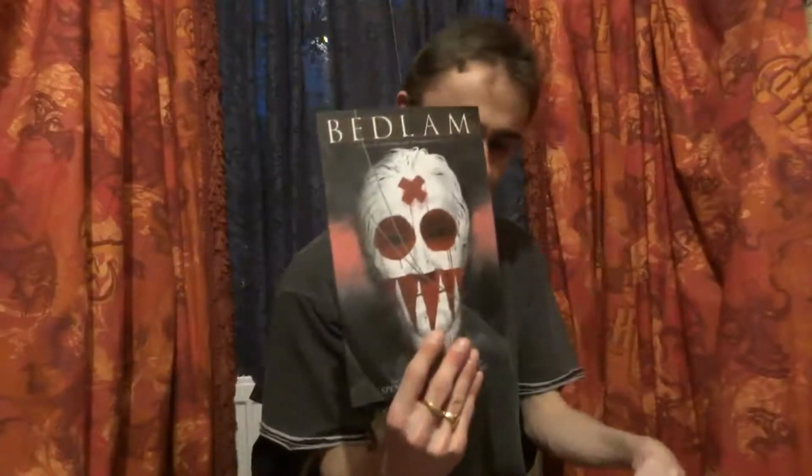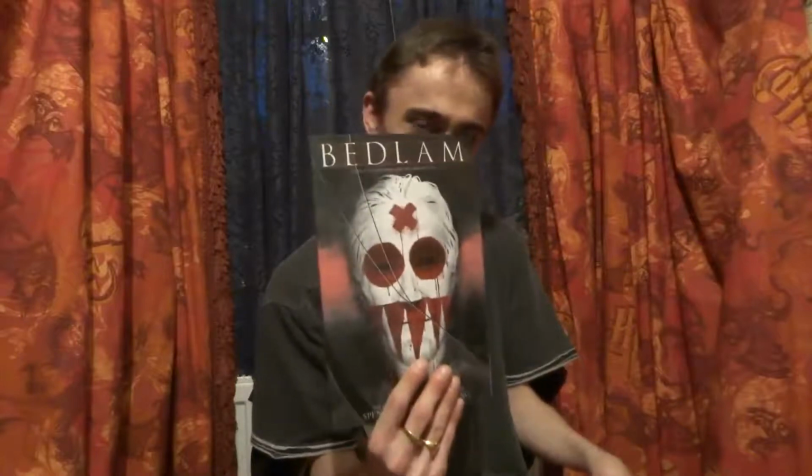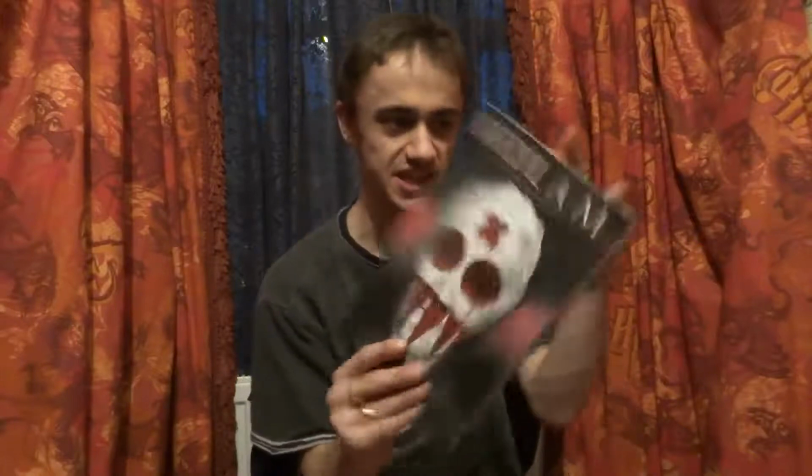Next up, we have Bedlam Volume 1. This is written by Nick Spencer, and we now move on to the Image trade paperbacks that I have. Absolutely fantastic series. It's basically a murder mystery with a former criminal overlord and a former, I can't think of the right word,